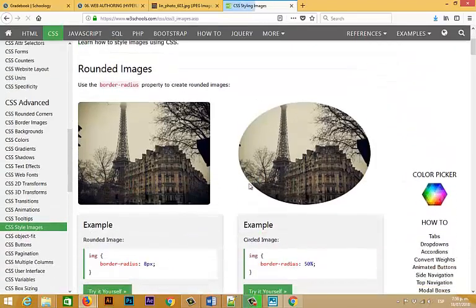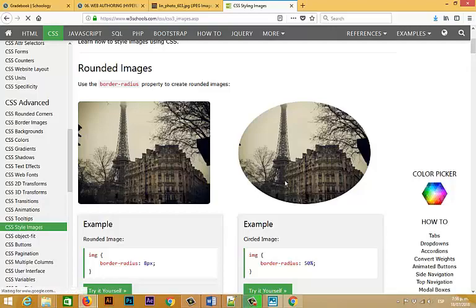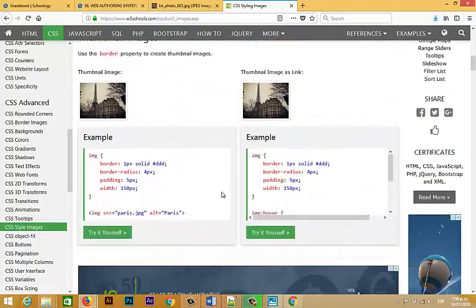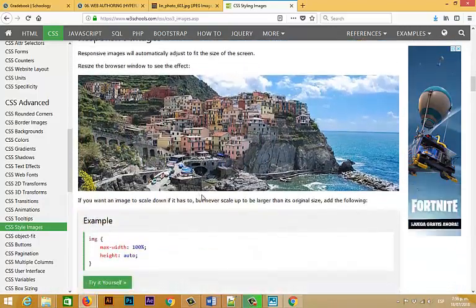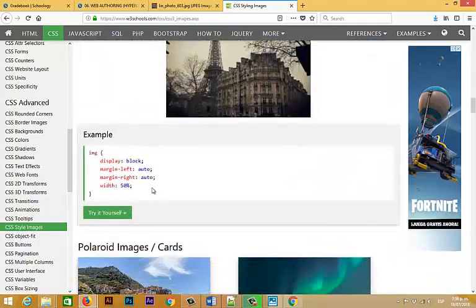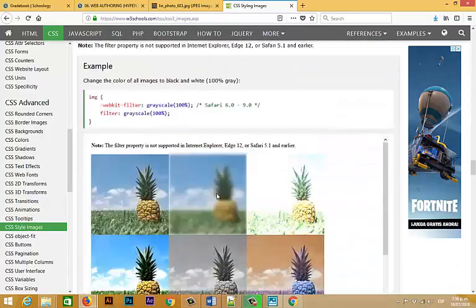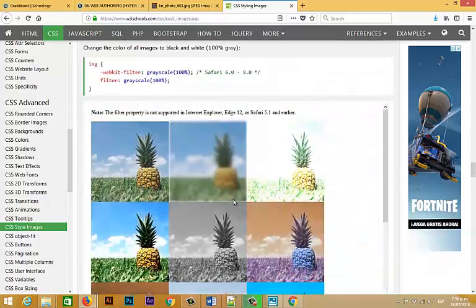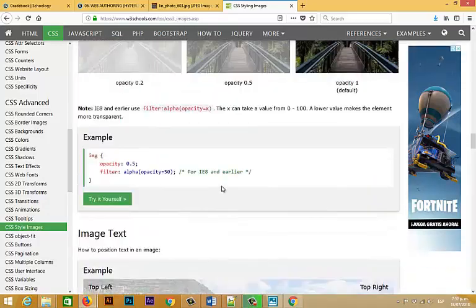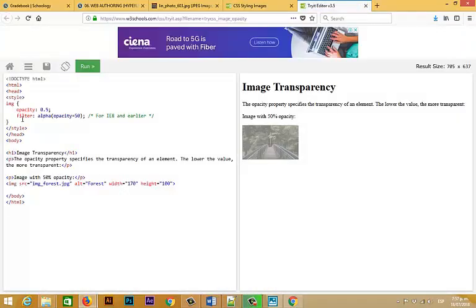For example, if you click in the CSS menu and the CSS style image, you will see several styles for images that you can use for your pages or for your web pages. Filters, radius, and if you want to add, for example, in this case, the image transparency, you can click on